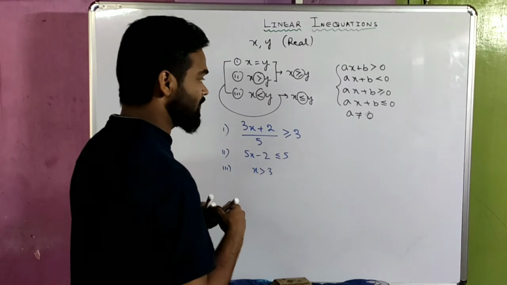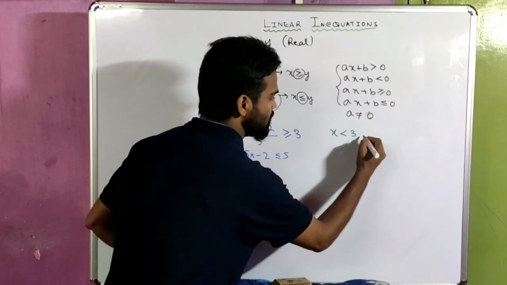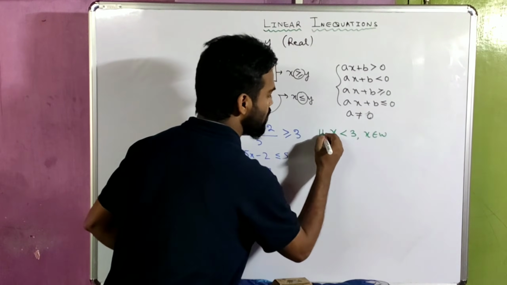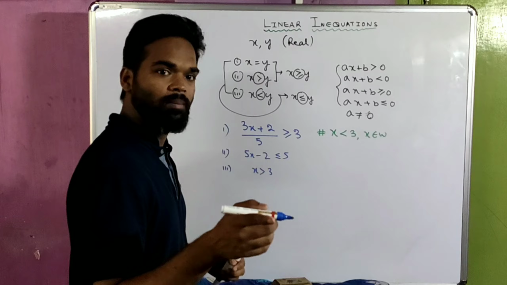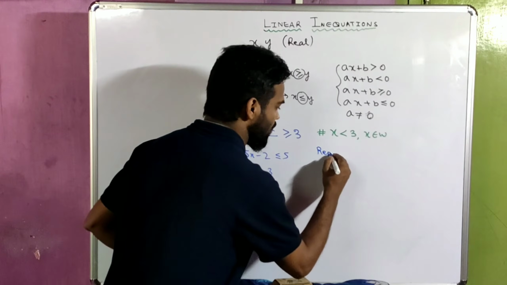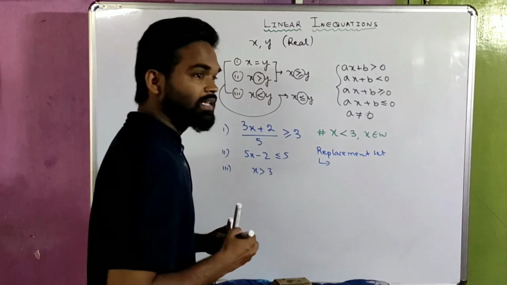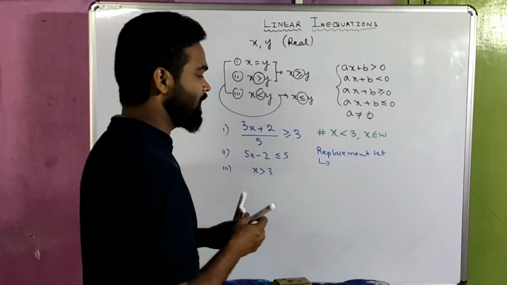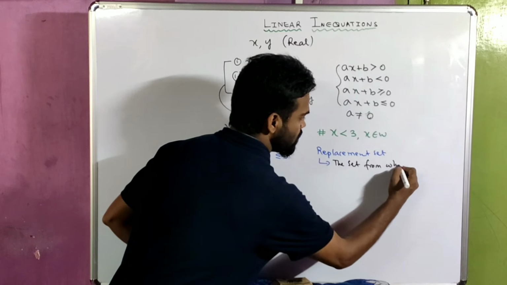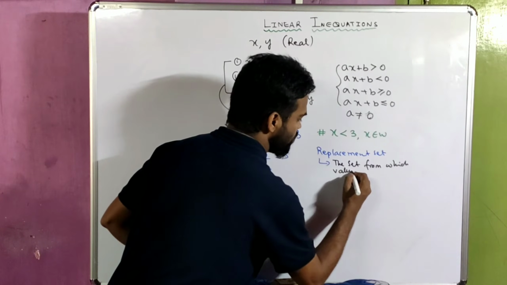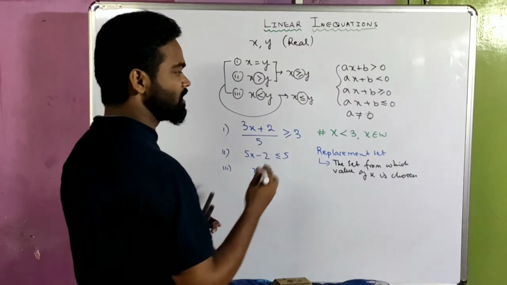Now look at this inequation. Suppose I write x less than 3 and x belongs to whole numbers. It means that the value of x is coming from the whole numbers. So whole number becomes the replacement set. So what is a replacement set? The set from which the value of x is chosen. The set from which the value of x is chosen is known as the replacement set, which in this case is whole